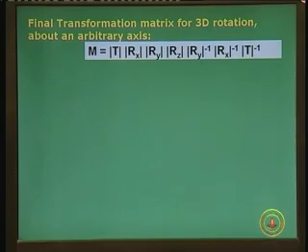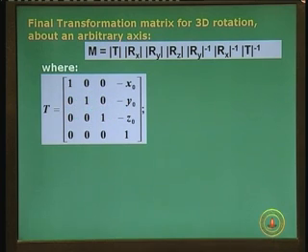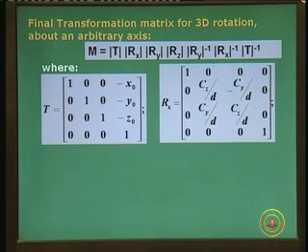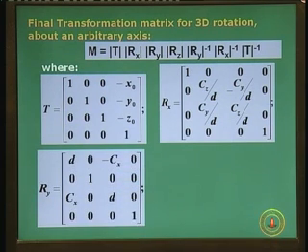You remember the steps: first translate, then the corresponding 2 rotations, then the actual rotation by theta, and then keep undoing the 2 rotations about y, x and the translation T respectively. Now I must give the form of all these matrices: T, Rx and Ry. T was given earlier to you, x naught, y naught, z naught, which was nothing but the point on the axis to where we had to shift the origin. Rx and Ry were obtained from the alpha and the beta, which we just talked about while trying to align the arbitrary axis OP with respect to z. So you had Rx and Ry respectively, and these are the corresponding matrices. Please write those equations and practice it yourself.